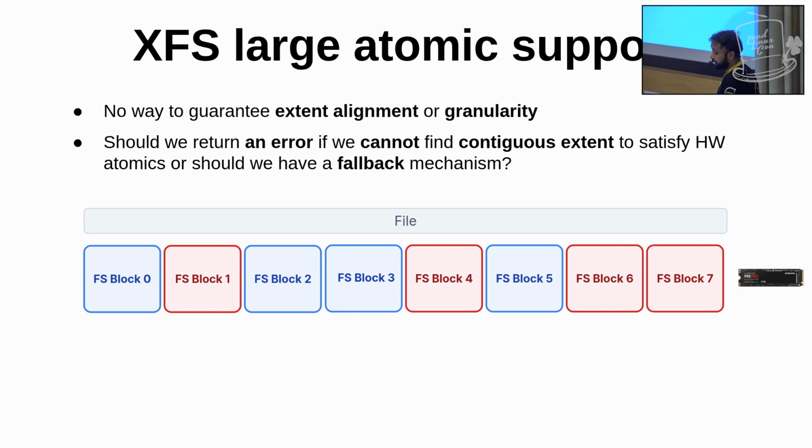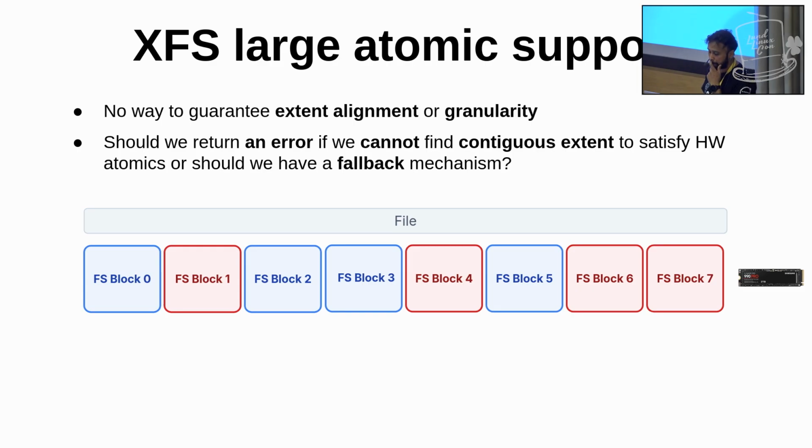So we either have to say to user space, hey, you know what, I can't do any more atomics anymore, or you should have some sort of a fallback mechanism to deliver your promise. Similar to something they said in io_uring about zero copy. You try to do zero copy. If not, you have to always fall back to something that can be bad in performance, but you don't have to go on giving an error to user space saying, hey, I can't find an